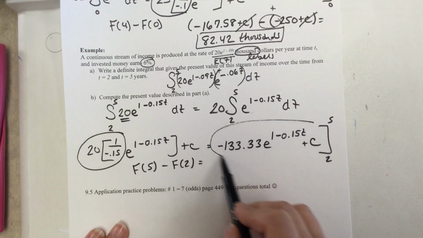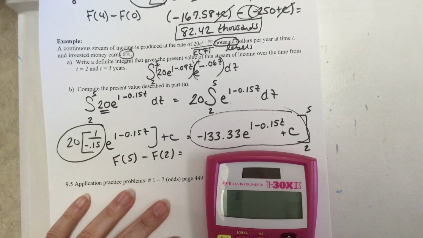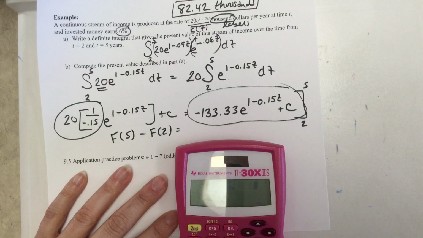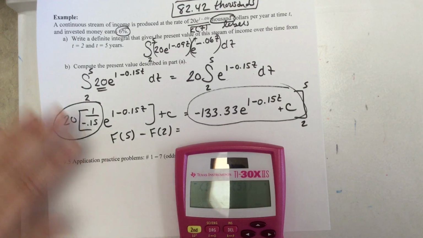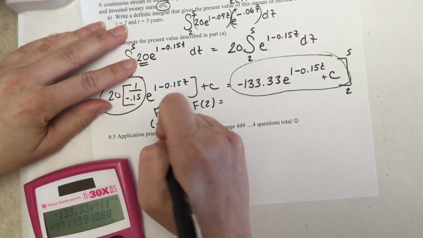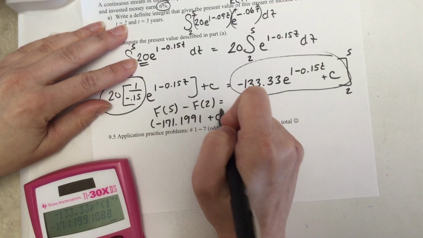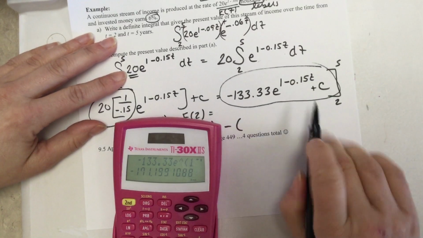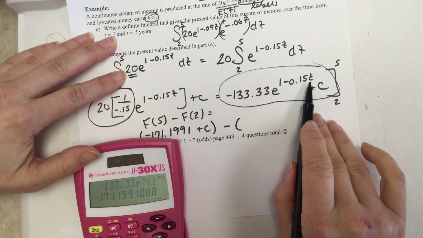This is a nice easy piece that I can go ahead and put that 5 right into. Negative 133.33 e to the power of 1 minus 0.15 times 5. I got negative 171.1991 plus C, minus